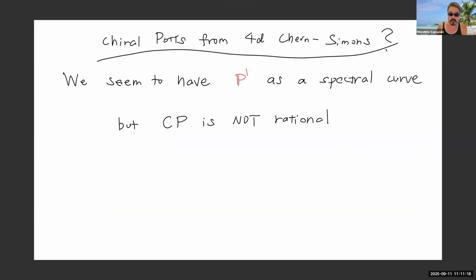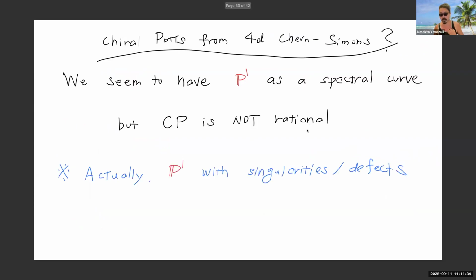So if you just naively believe in this, we seem to have P1 as a spectral curve. But of course, if the spectral parameter takes values on P1, it means that the model is rational. But of course, the Chiral Potts model is not rational. It has higher genus Riemann surfaces as the spectral parameter. So this looks like a contradiction, but actually there is a way out, which is that what we should get